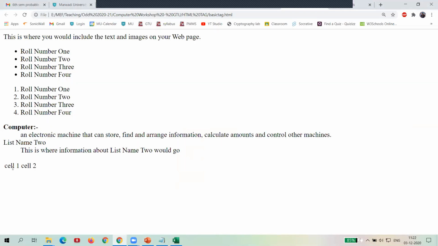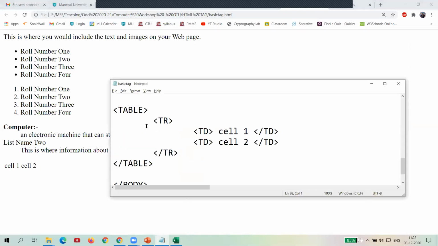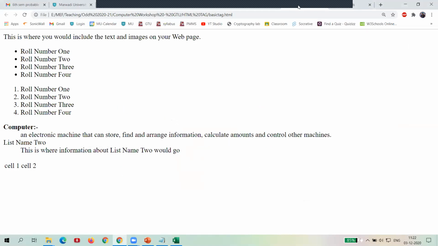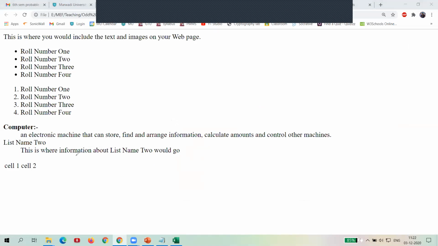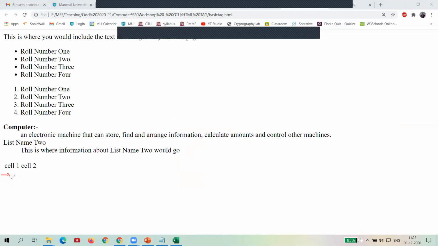So now you can see in the output two cells are created. Here you can see the code. I only created one row, tr, and in this I represent two cells, cell 1 and cell 2. Now for example, I have created a next row here, and in this I will represent a third and a fourth cell detail.